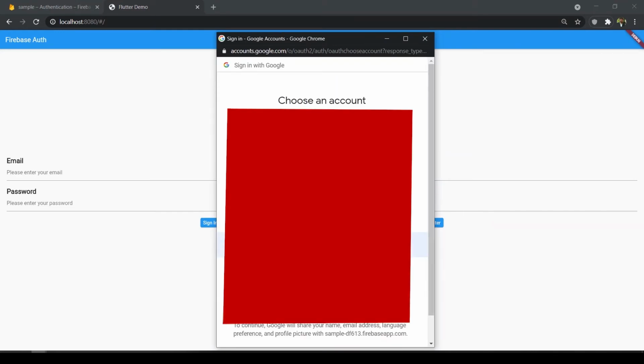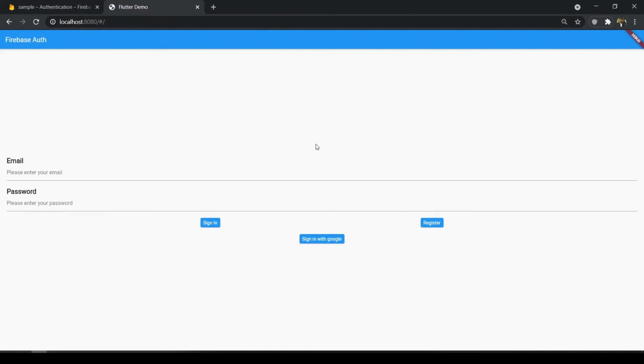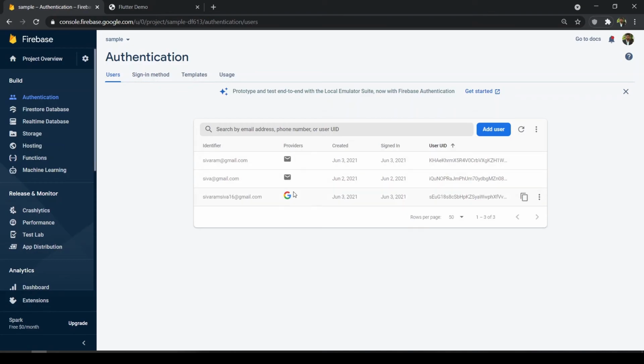The list of Google accounts will be shown here. You can choose any one of them. Once you choose, it will redirect into our home screen, and you can click sign out here. It will take us back to our login screen. In our Firebase console, you can also see another user added by the Google sign in method. These two are the ones we already created with email and password.